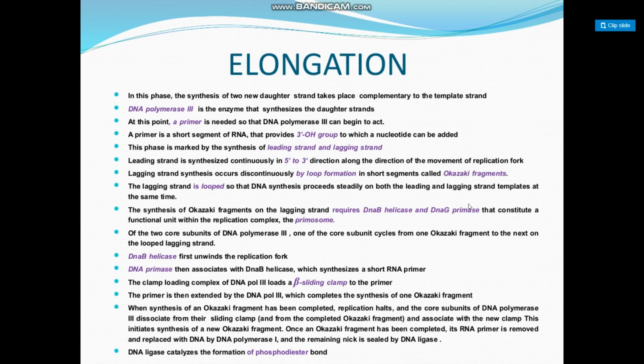DnaB helicase first unwinds the replication fork, and next DnaG primase associates with DnaB helicase and synthesizes a short RNA primer. The clamp loading complex of DNA polymerase III loads a beta sliding clamp onto the primer, and the primer is then extended by DNA polymerase III, which completes the synthesis of one Okazaki